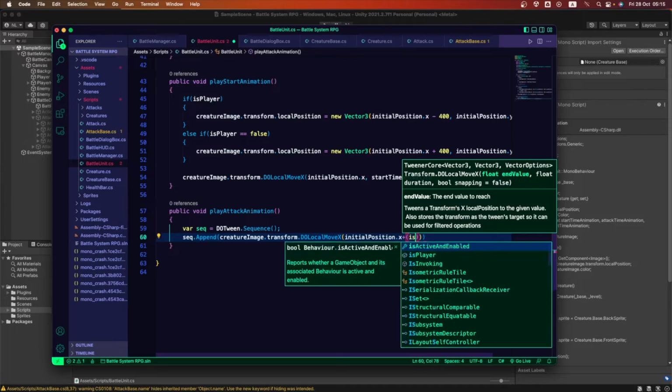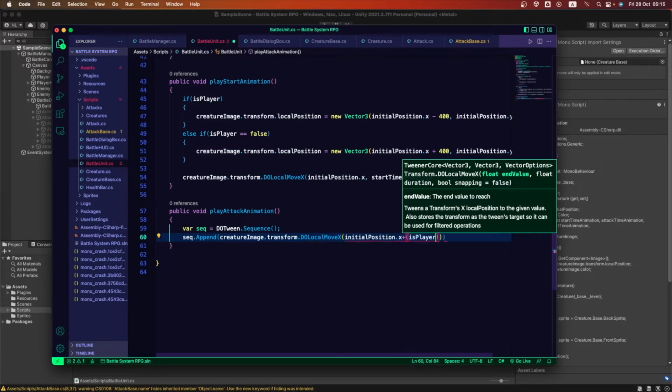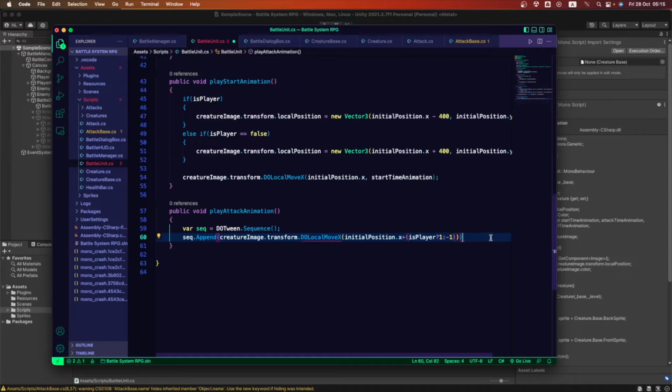Okay, so if this is a player, this is gonna go, and we're gonna add here a question mark, and this is the operation that we can write in a very short way in C sharp to compare if we wanna move it to the left or to the right, depending on the condition.